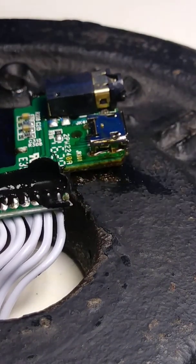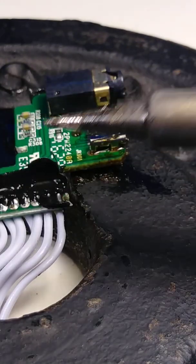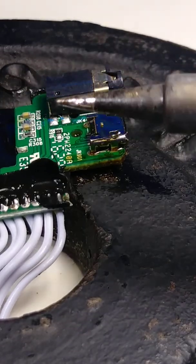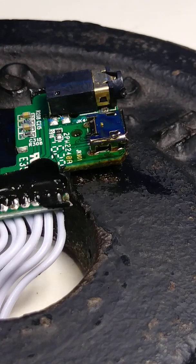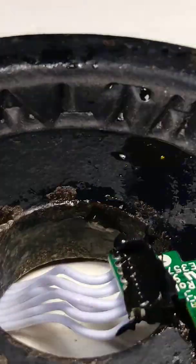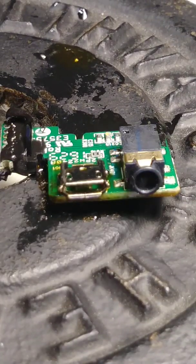Okay, always clean this one, your point. I don't know how you call this in English. Okay, so now let's go to the other side. Okay, so